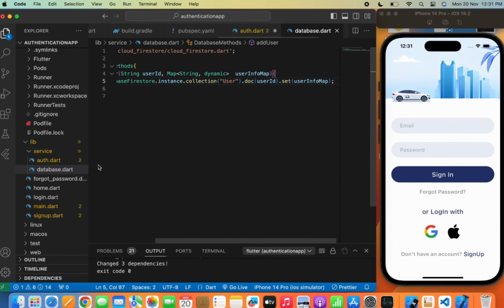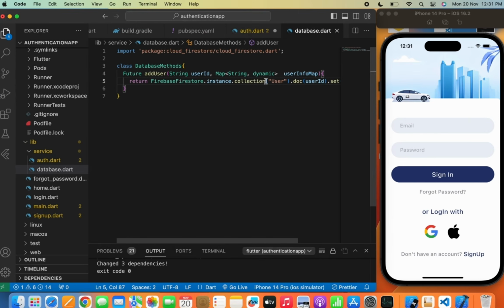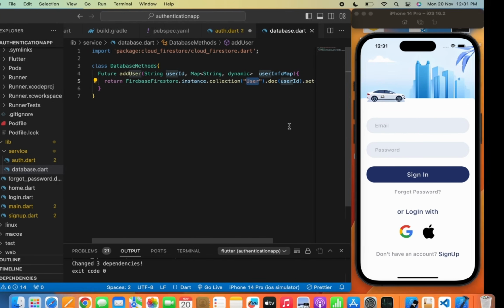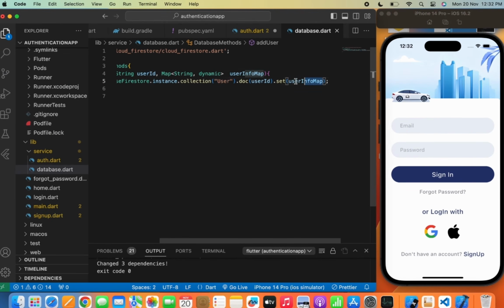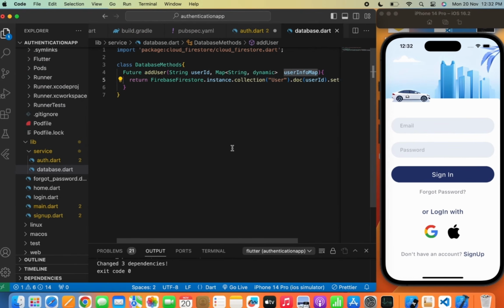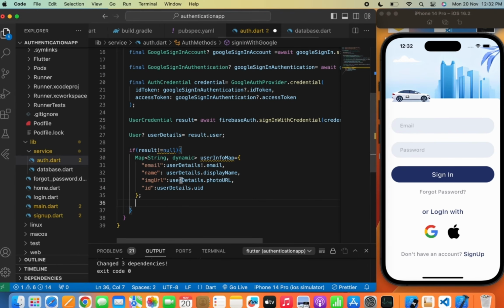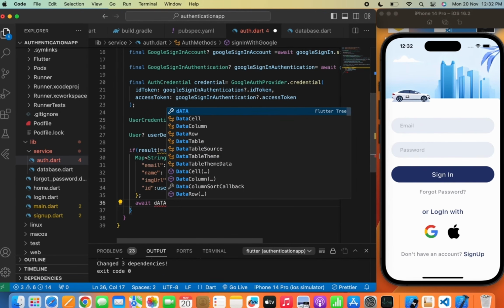info map. So FirebaseFirestore.instance, and we'll give the collection name here, which will be users, and in the users collection we'll pass a specific doc ID, and we'll use a .set method to upload the user info map. So now let's move, and I will write await DatabaseMethods